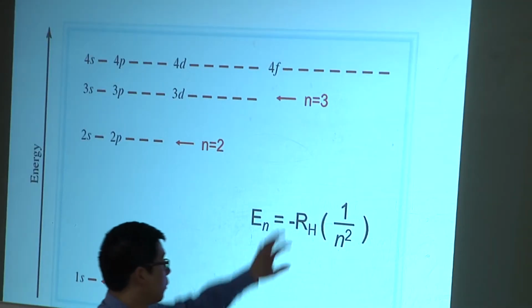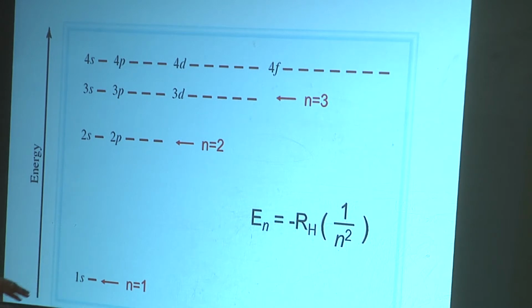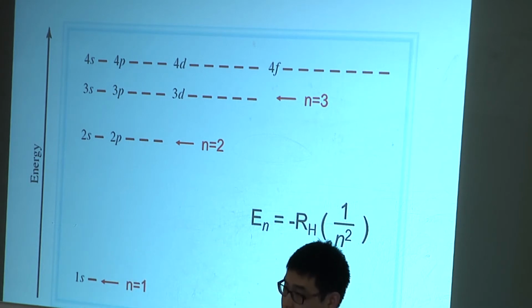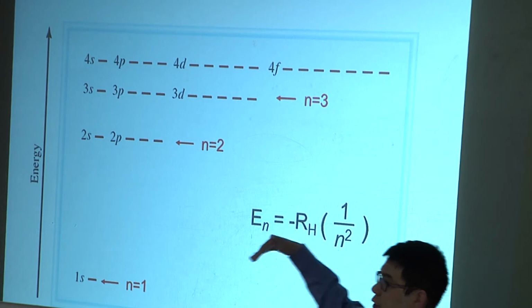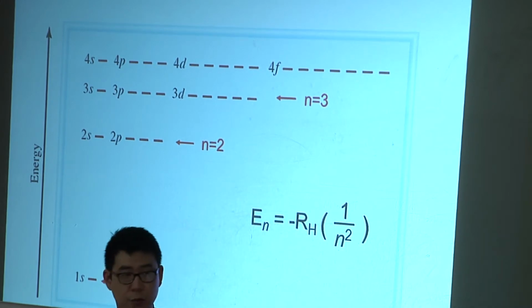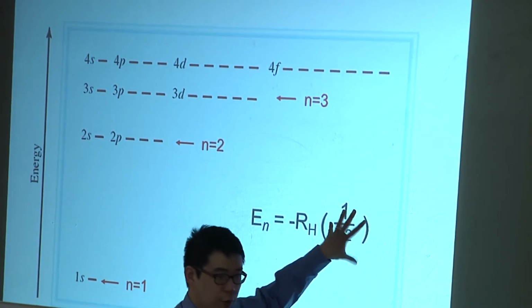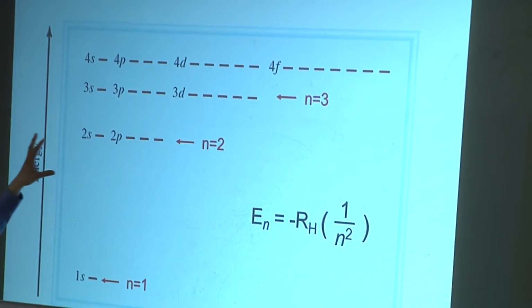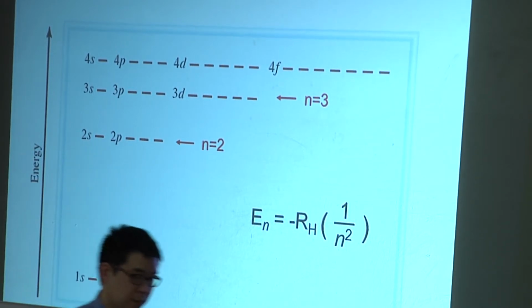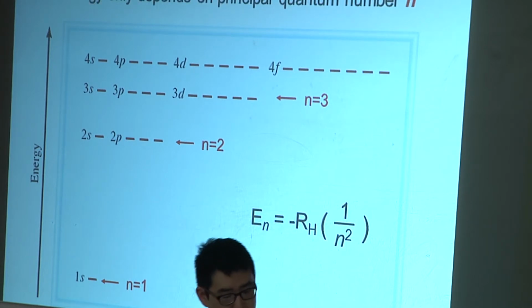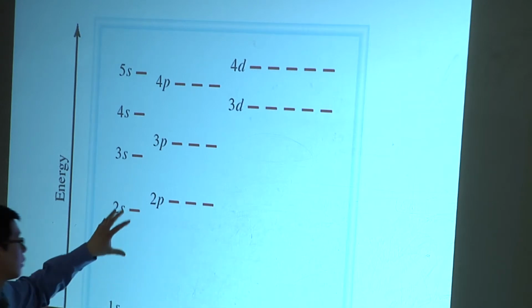So if we were to apply the Bohr atom formula, n equals 1, n equals 2, n equals 3, n equals 4, you can calculate what those energies are, and you can calculate the differences. And from those differences in energy, you can get wavelengths or frequencies using E equals h nu. But it turns out that this only works for the hydrogen atom, or an atom that has a single electron. Once you get more than one electron,